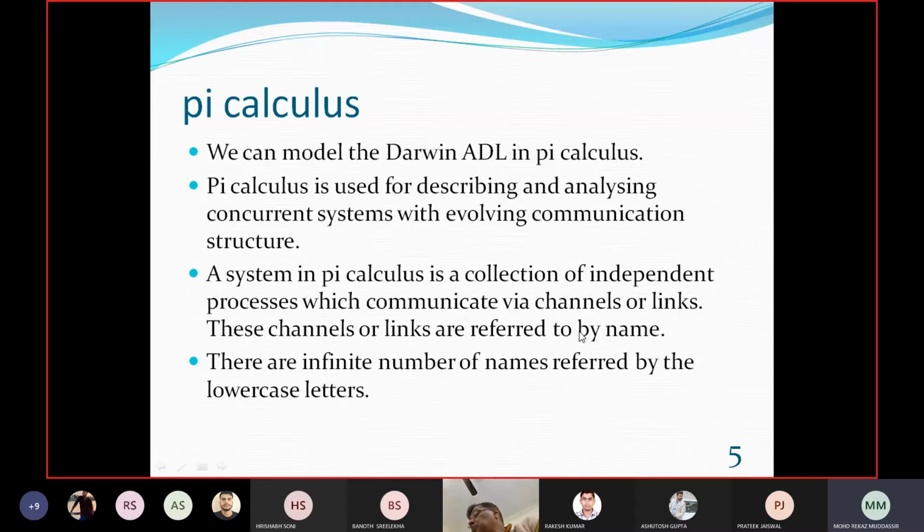Those channels or links are referred to by a name. There are infinite names referred to by lowercase letters. Names like client 1, client 2, client 3, server, are referred to just by lowercase letters like c or s.